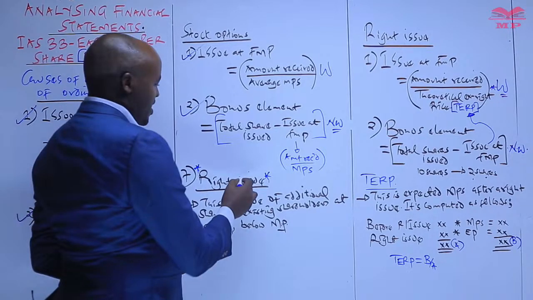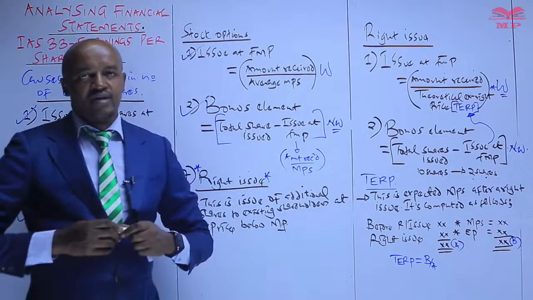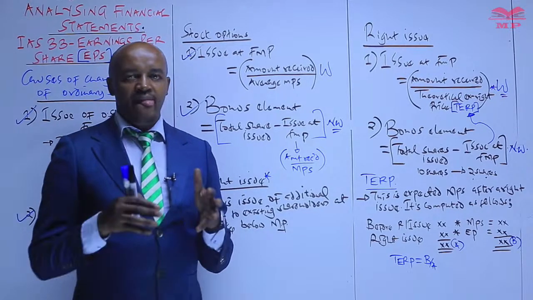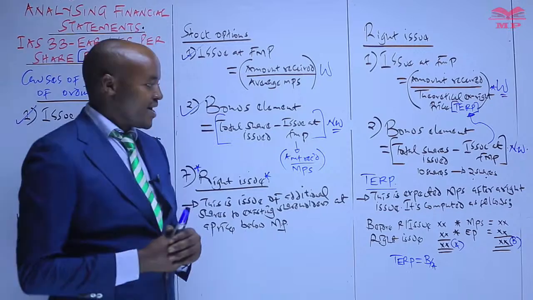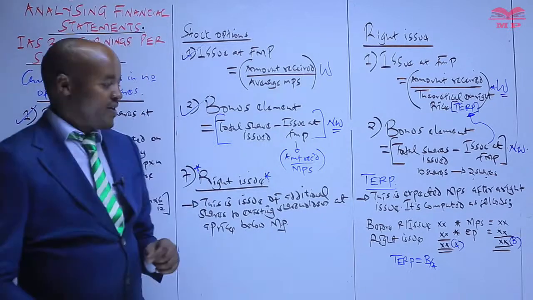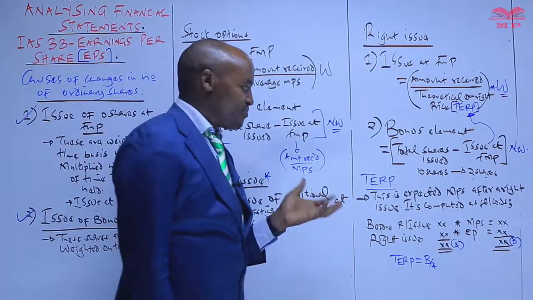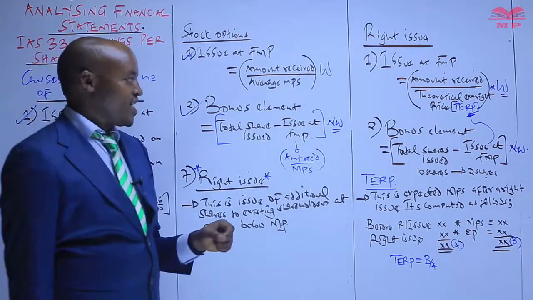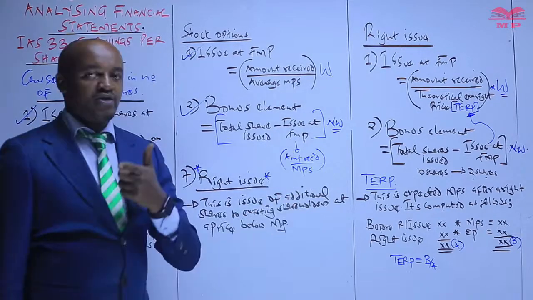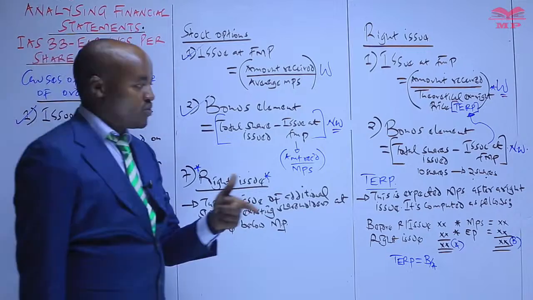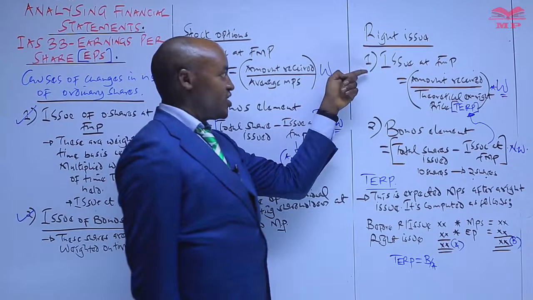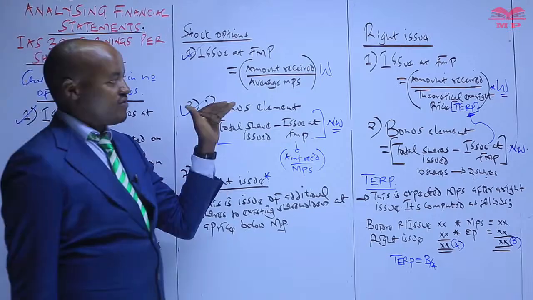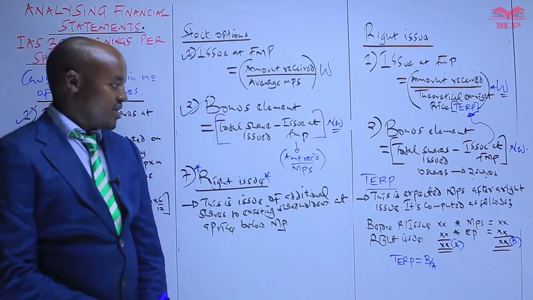If you go through the past papers, specifically the questions from this topic, you'll be able to see almost all questions are testing this particular concept of the rights issue. It's because the majority of the students who sit for this paper have a challenge when it comes to computing the theoretical ex-rights price and also splitting the shares which were issued during the rights issue into those two components: the shares issued at full market price and the bonus element.